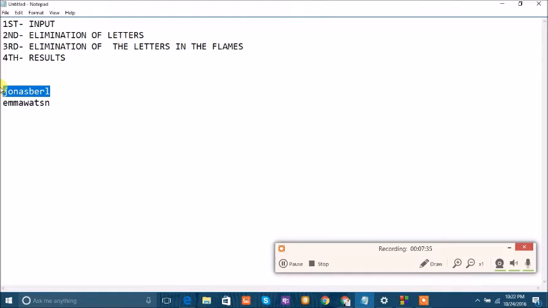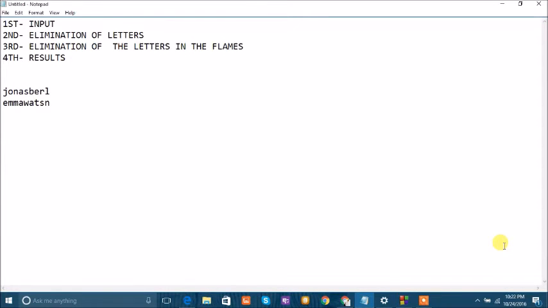So the overall length for the two strings would be subtracted by 2. So z is equal to z minus 2. Okay, right there. So the overall length would be subtracted by 2,